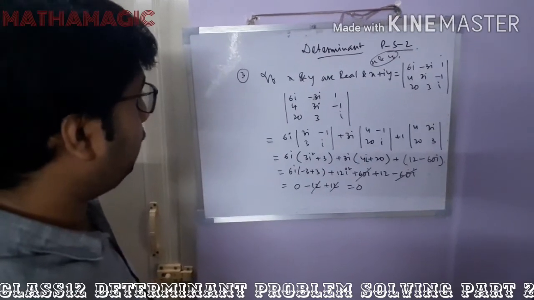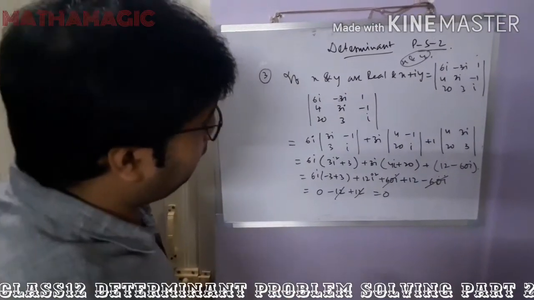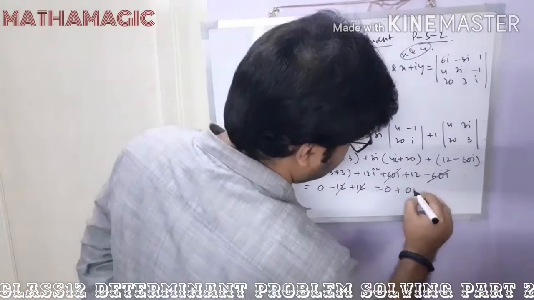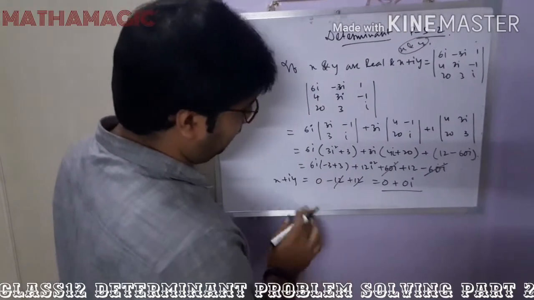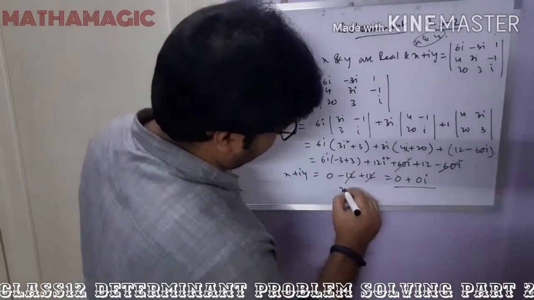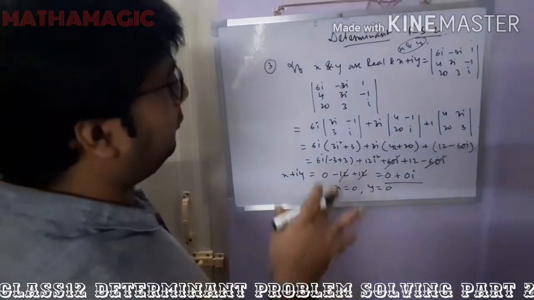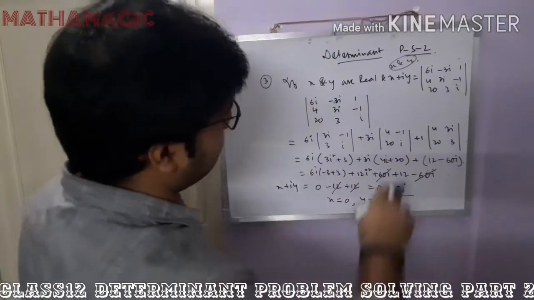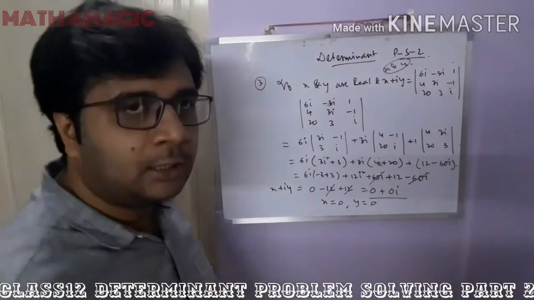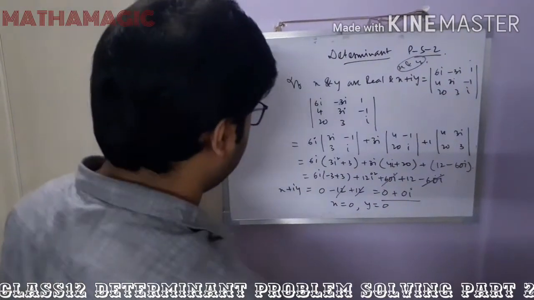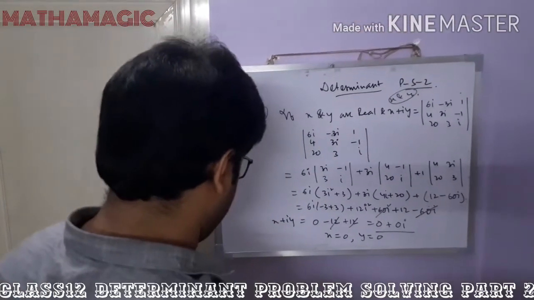In order to find the value of x and y, we can easily write this determinant as 0 plus 0 into y, right? This is the format which we want, x plus iy. If we compare the real part with the real part and the imaginary part, then we get x equals 0 and y also equals 0. No need to get confused. If you have this kind of problem, you can proceed like this, because the numbers are very small here, so there is no practical need of using the properties. In this kind of problem, we can directly expand and find the values. So please note it down so that we can move to the next one.